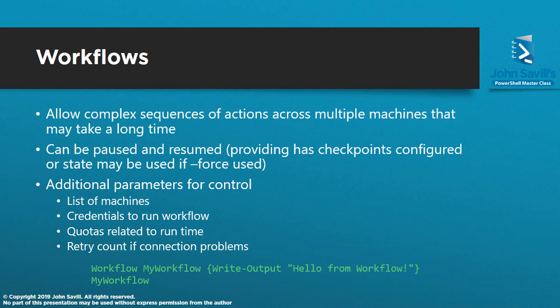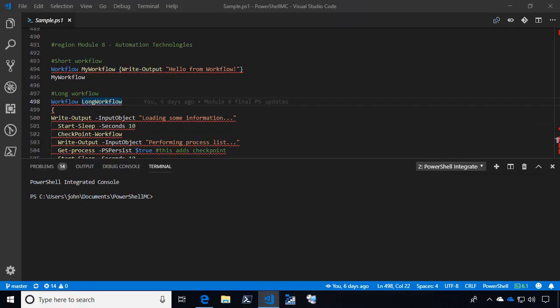Like most things here, you can see, well, look, I'm creating a workflow called my workflow, and it consists of write output hello from workflow. And then after I've defined it, then I can execute, i.e. just run my workflow. So if I was to jump over here, and here I'm in my VS Code,